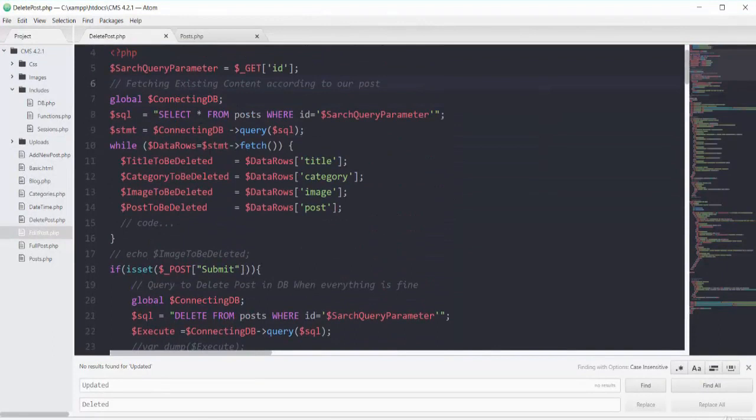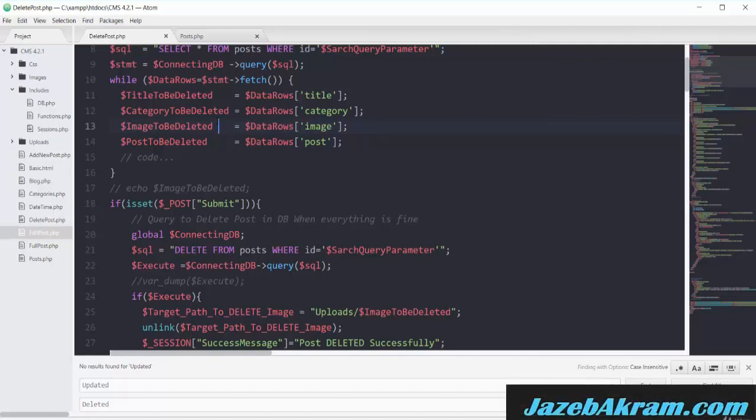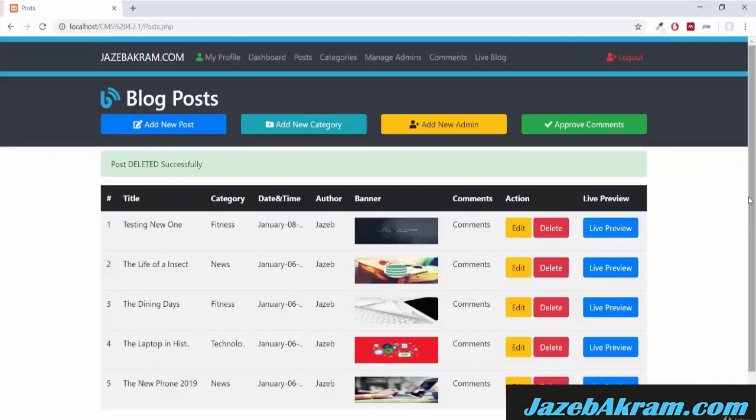And make sure that you put all of your fetching existing code which is helping you to fetch your post at the top. Otherwise this code is not going to work and you will have this error all the time, undefined image to be deleted. So make sure you put all of this code here. The reason why I am repeating myself again and again is that in the previous CMS course I was having this question a lot of times when students make these type of mistakes and desperately waste their time on debugging. So whenever I repeat something, listen to it carefully. So that's how we delete our images.